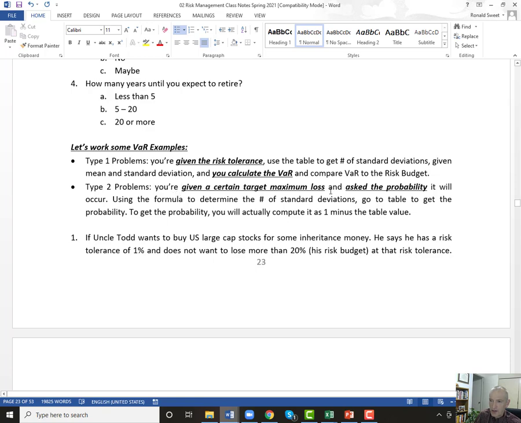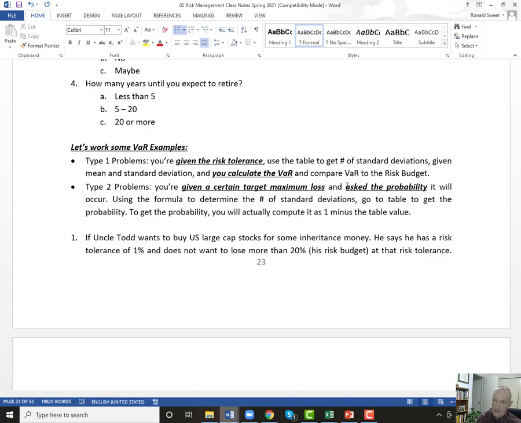So you'll go here, you go to the table, and remember you take 1 minus the table value because I'm on the left side of the table. Remember Goldman Sachs says their VAR is a 95% confidence level or 95% risk tolerance. I come to the insurance side, we go the other direction, we say that's really a 5% risk tolerance. So in this class, we're going to be using the 5%, not the 95. We're going to say we have a 5% risk of losing this or more,